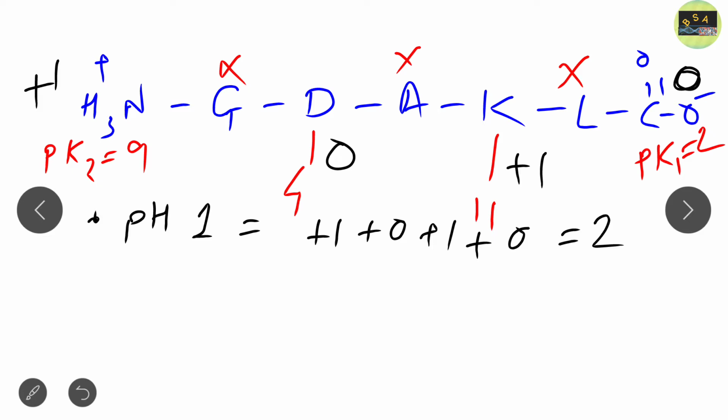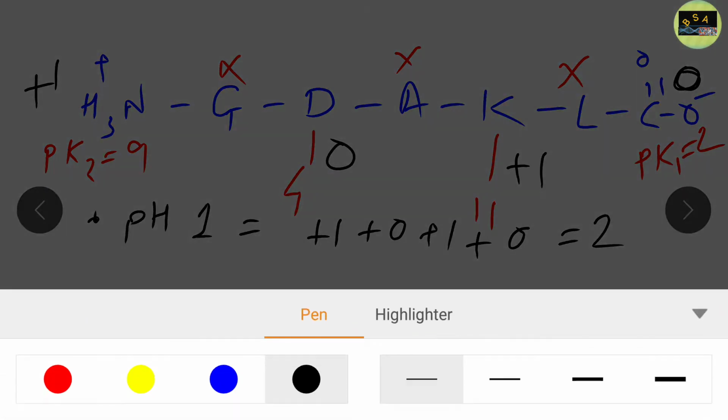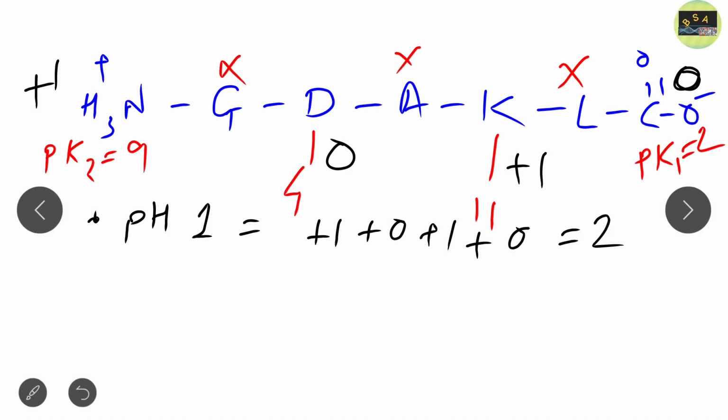Okay, because at pH1 the pK1 value is 2, that is more than 1. So 1 is less than 2, so in this case the charge becomes neutral. Now this is lysine, a basic amino acid, so more than 1, charge will be plus 1. Again aspartic acid, an acidic amino acid, 1 is less than 4, so charge becomes neutral. And again it is basic, that is 9, more than 1, charge becomes plus 1, so total charge becomes plus 2. So this is the first step to calculate the charge at pH1.